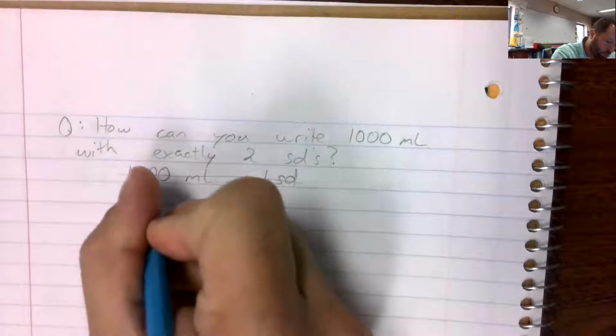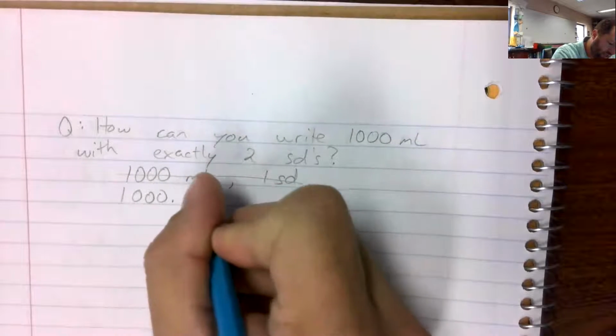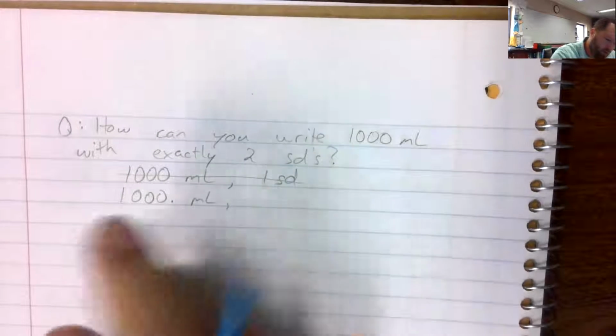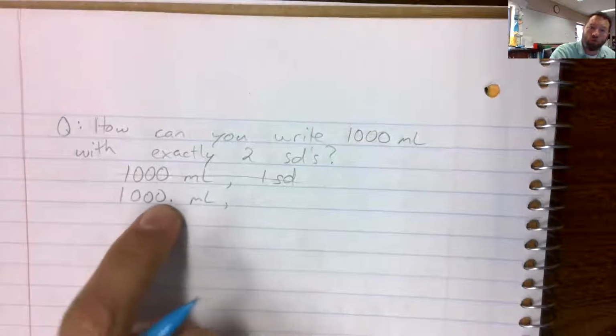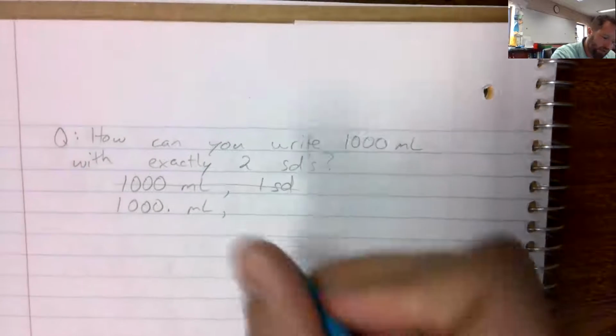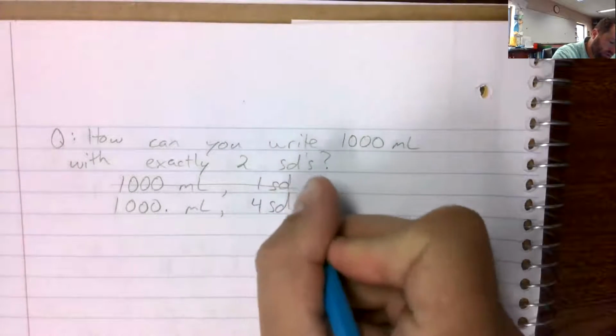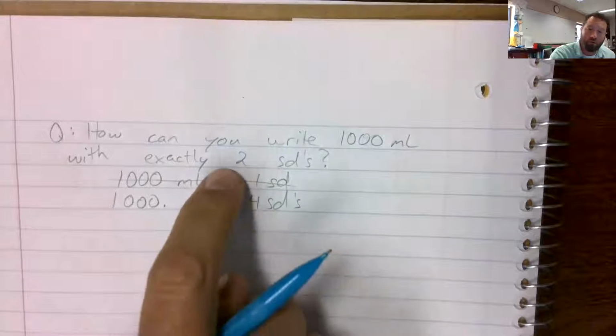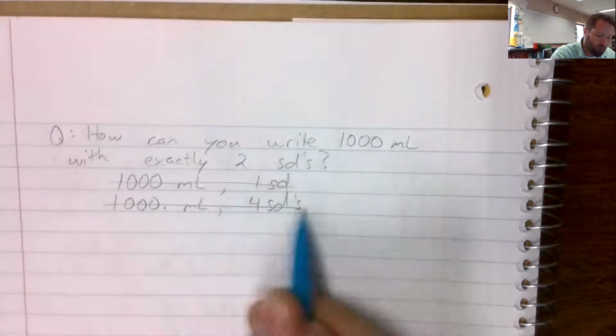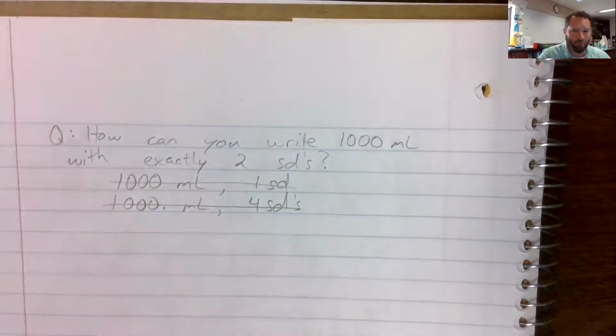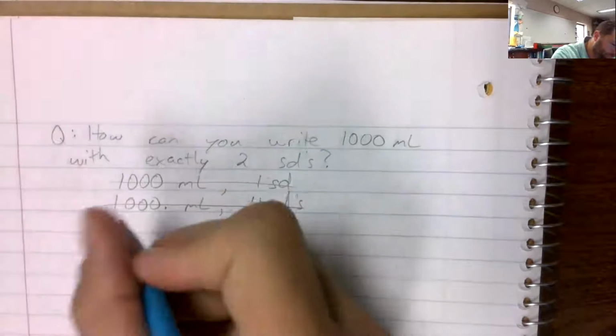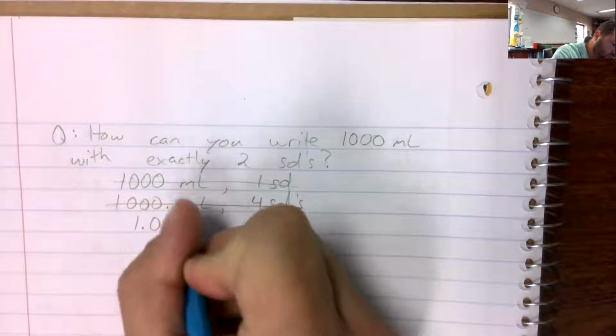So this doesn't work. If I were to add a decimal point at the end there, now that decimal point makes all of these trailing zeros significant. So this would be 4 significant digits. Also not exactly 2. Doesn't work. So the trick to this problem is we actually have to combine what we learned on the first day and use